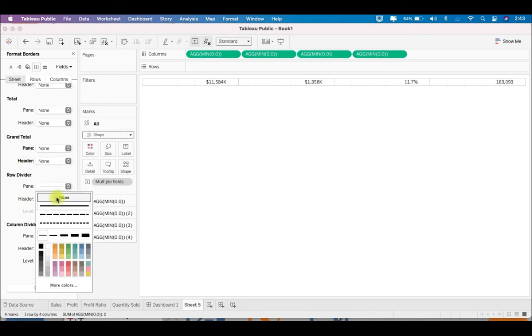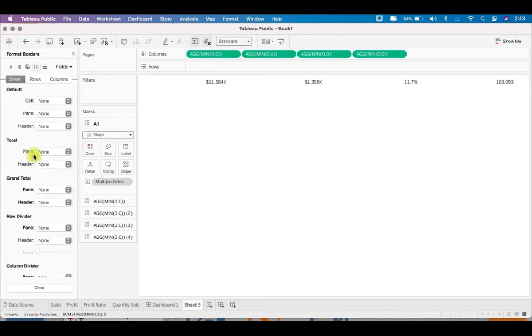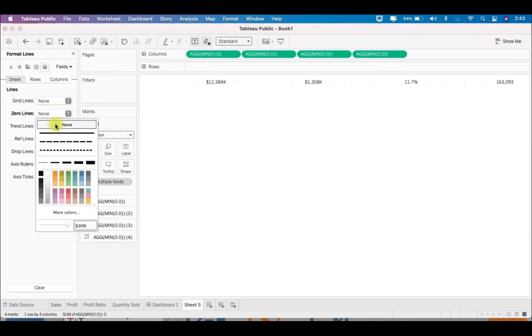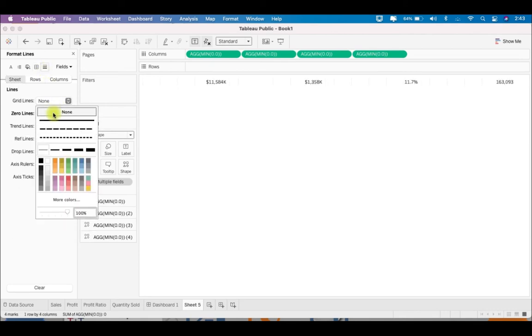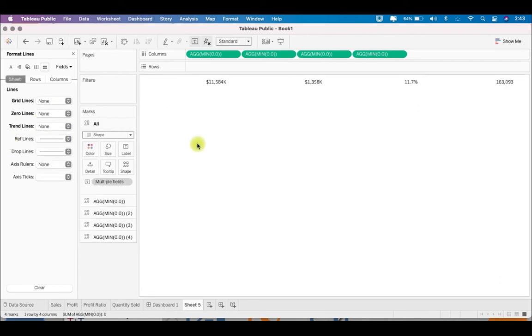Row divider, column divider, select all as none. Now all those are gone. Now we see zero lines, so click none over here. Grid lines none, trend lines none. So now all lines are gone and we see only the KPIs being displayed.